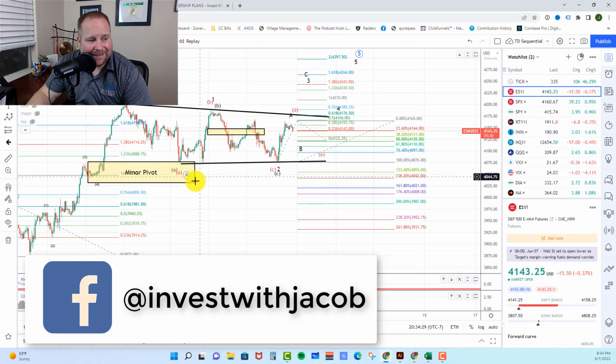For the bears, they need to break down through the pivot and ultimately break 40.33 to take back control of the market. Over on the NASDAQ,